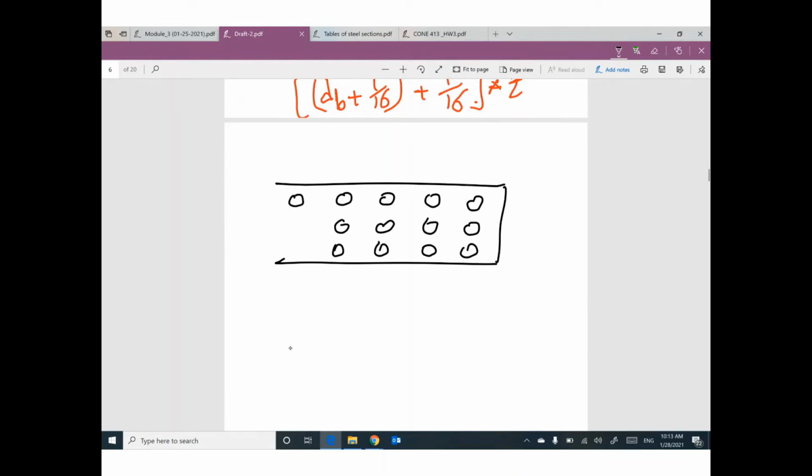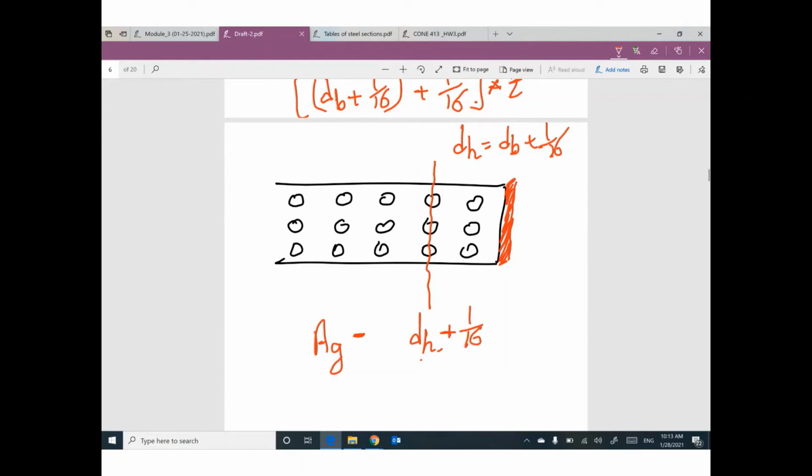Parallel to each other. Okay, I expect failure probably through this cross section. So I'm going to subtract the gross area minus D hole, the diameter of the hole, which equals D bolt plus 1/16. We need to add another 1/16 to the diameter of the hole times the thickness of the plate,